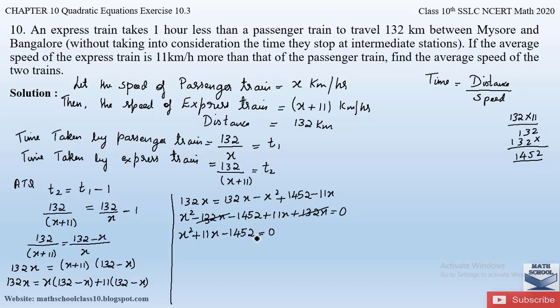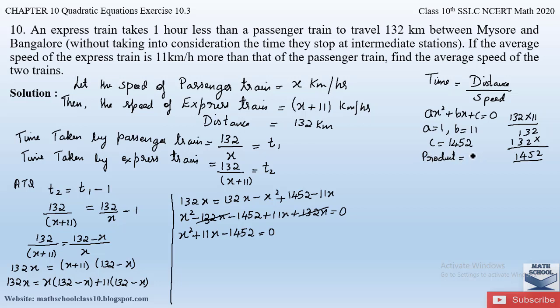Now let us use the factorization method and find the roots for this quadratic equation. So a general form of a quadratic equation is given by ax square plus bx plus c is equal to 0. Now we can find out the value of a, b and c so that we can find out the product and sum. So a, the coefficient of x square, is 1, b, the coefficient of x, is 11, and c, the constant, is 1452. Since we are using the splitting the middle term method, we are not taking the signs, we are just taking the numbers.